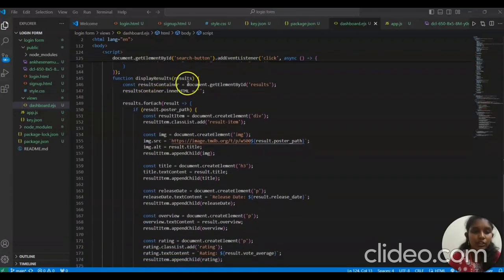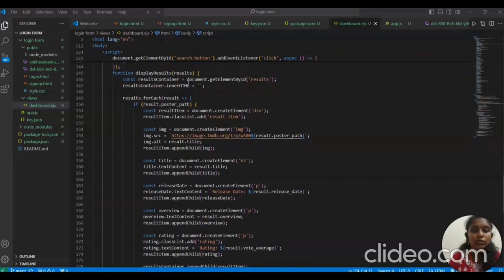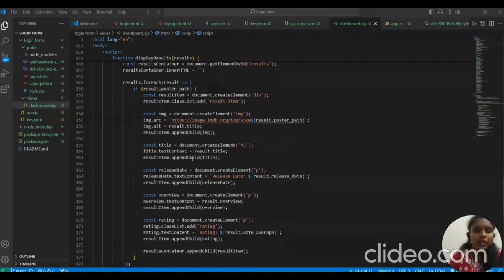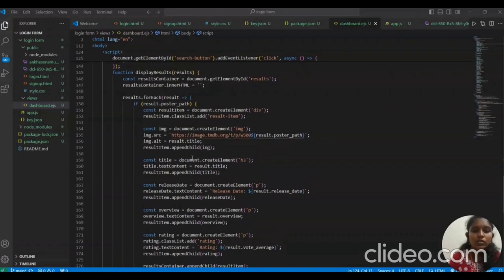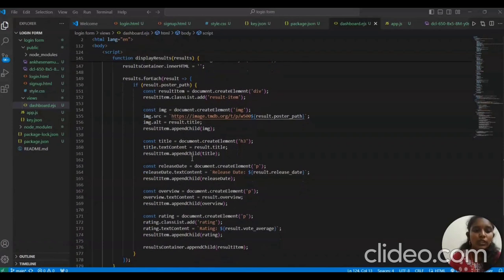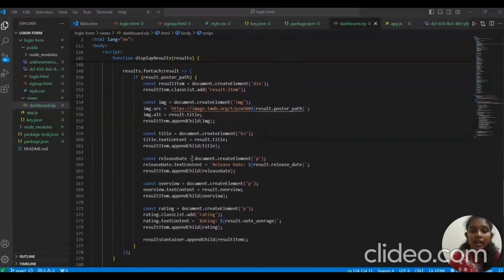And here function displayResults of results is used for displaying the search results, and in this it defines a function called displayResults that takes results as an argument, and it selects the HTML element with the ID results and clears any existing content in the results container. Here we use results.forEach method, so it iterates over each movie in the results array, checks if the array has a